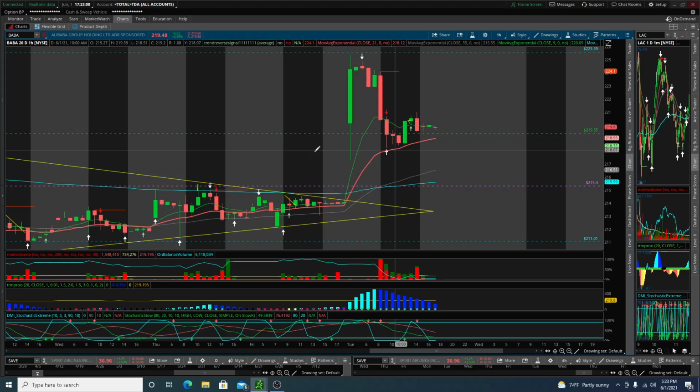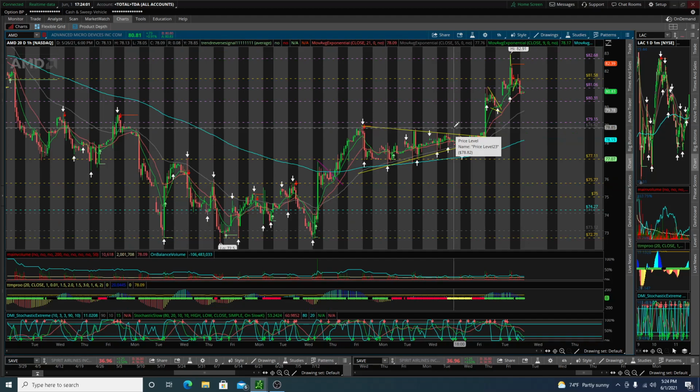Yeah, I mean, it's just as simple as that, guys. You just want to look for a pattern. You want to look for consolidation, squeeze, and then you want to look at your EMAs to find a direction to where it's going to go. And then the bigger the time frame of the pattern, the larger the move is going to be. So if you find a pattern on the daily, it'll be a nice move. If you find a pattern on